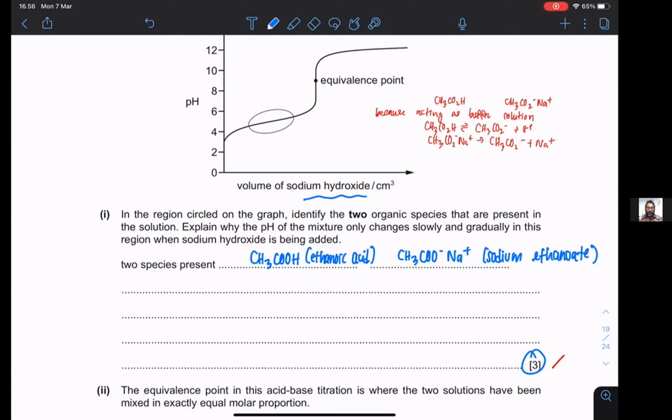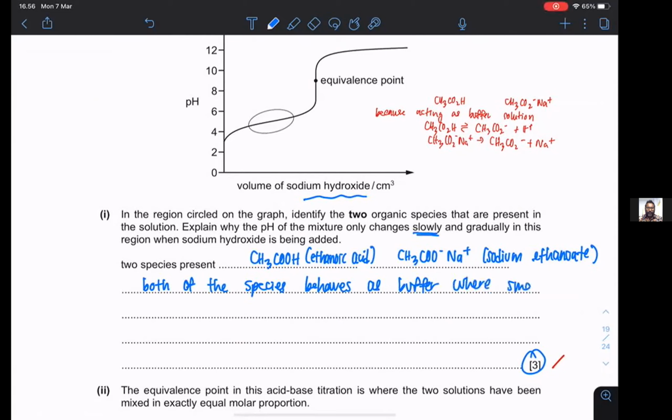They say the pH is changing slowly and gradually. The reason why the pH is changing slowly is because both of the species behave as a buffer,